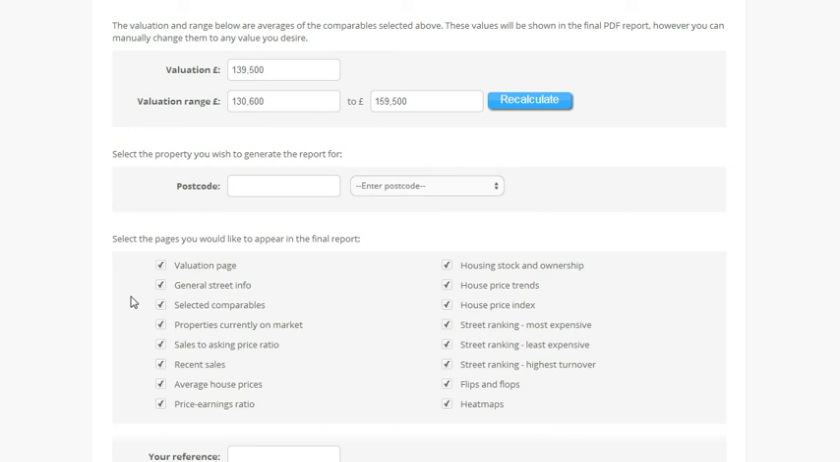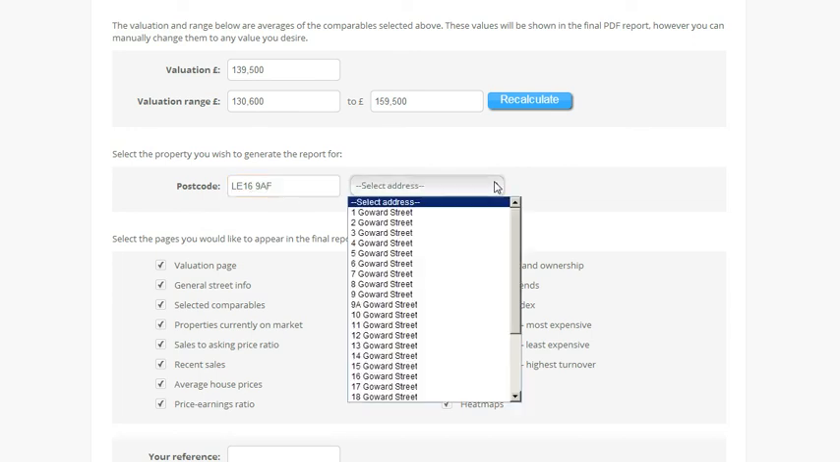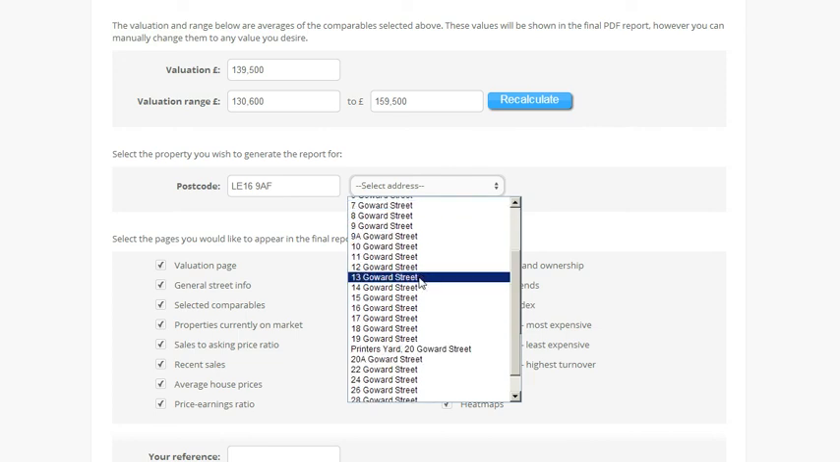It is also important that I add the address of the property which I am looking to value, otherwise I will not be able to produce the report. So for this example, if we enter LE16 9AF and select number 6 Garrett Street,